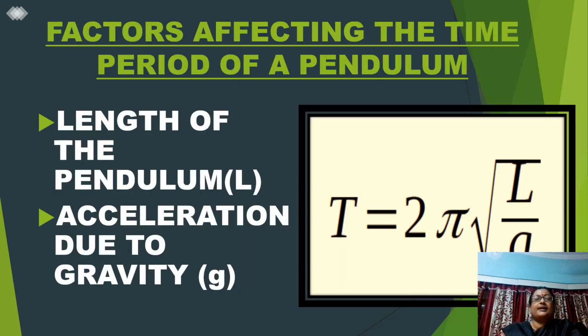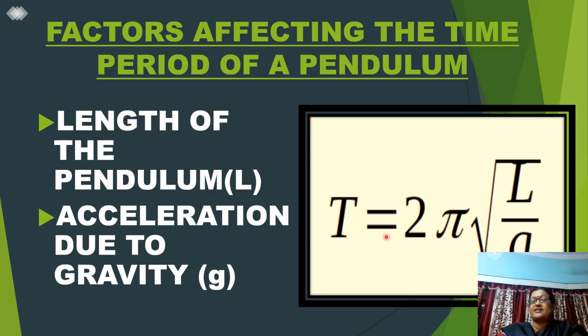Okay, now the next slide. The heading for it is: what are the factors which affect the time period of a pendulum? First I have written is the length of the pendulum. The second is acceleration due to gravity. I hope everyone knows that the formula of the time period of a pendulum is T,